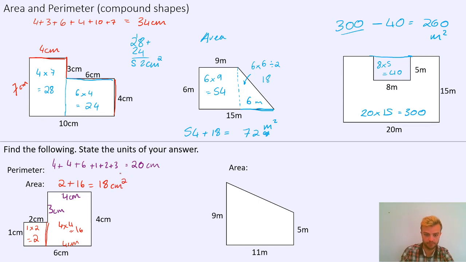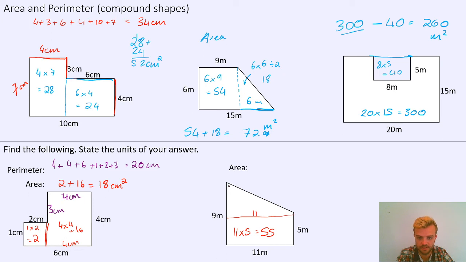And finally, we have an area of another trapezium, another triangle and square and rectangle added together. And I'm going to split it across here, like that. We can find the area of this rectangle at the bottom by doing 11 times 5, base times the height, which is 55. And then to find the area of the triangle, we need to do base, which is 11,